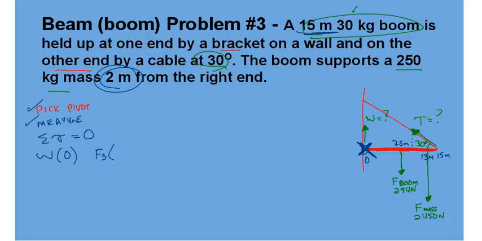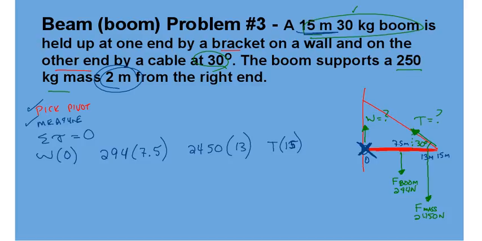Let me go ahead and get that. Sorry. You can write it all out. It doesn't hurt, but I don't have a whole lot of room today. 294 at 7.5, and I've got 2,450 at 13, and I've got T at 15,